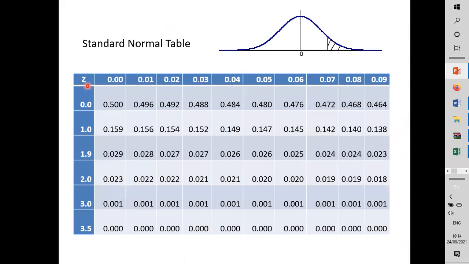You see here Z. As Z increases from 0, the p-value, the area under the curve, decreases, right? Yes. As Z increases from 0.5 at the center, the area reduces. Here is 50%. The further you move to the right, the area under the curve becomes lesser and lesser. That means type 1 error is going to be lesser and lesser. So most likely you'll be rejecting your H0. Later we'll see this in application. Questions?